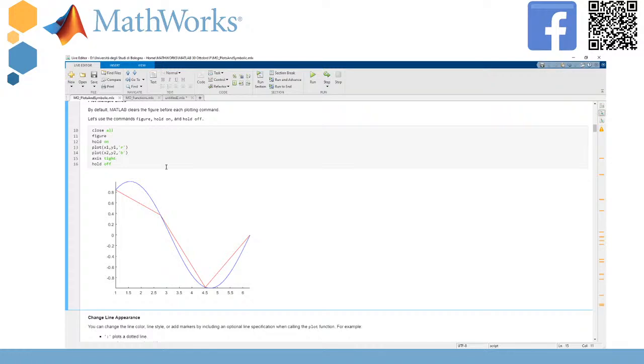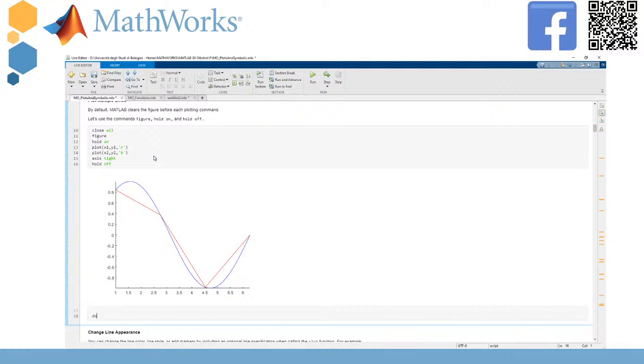So, a little hint on the commands of plot. Actually, plot is a very complicated command. My suggestion is always to run the doc plot command. So just writing doc plot